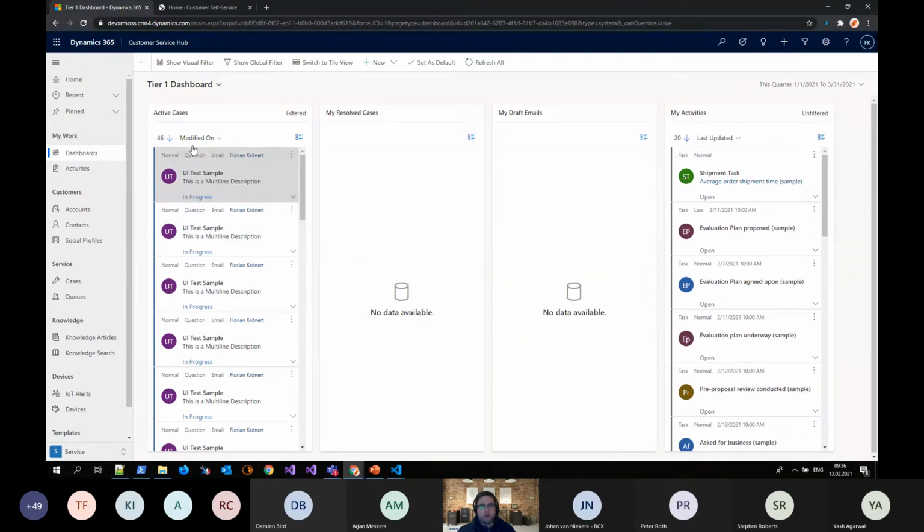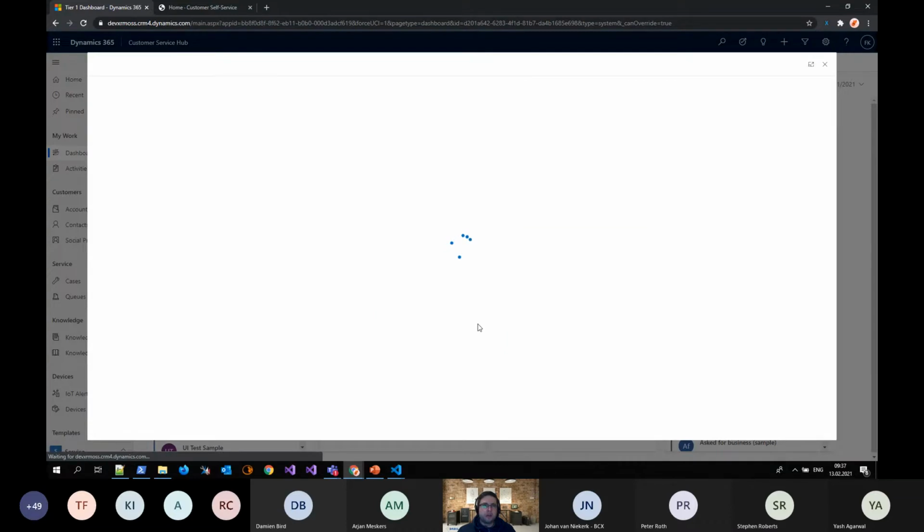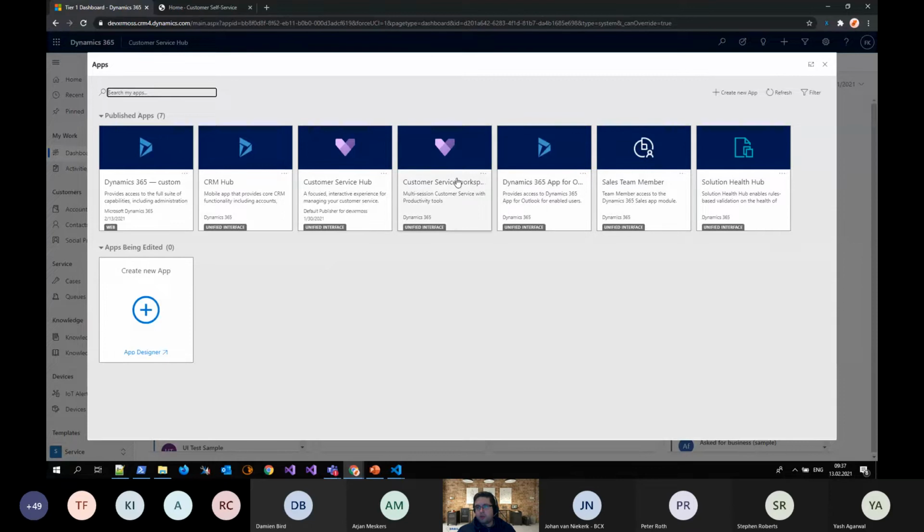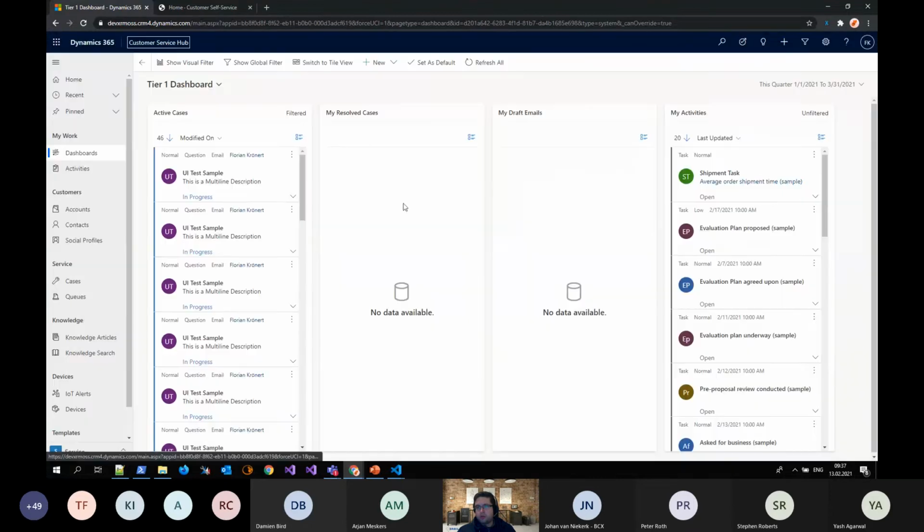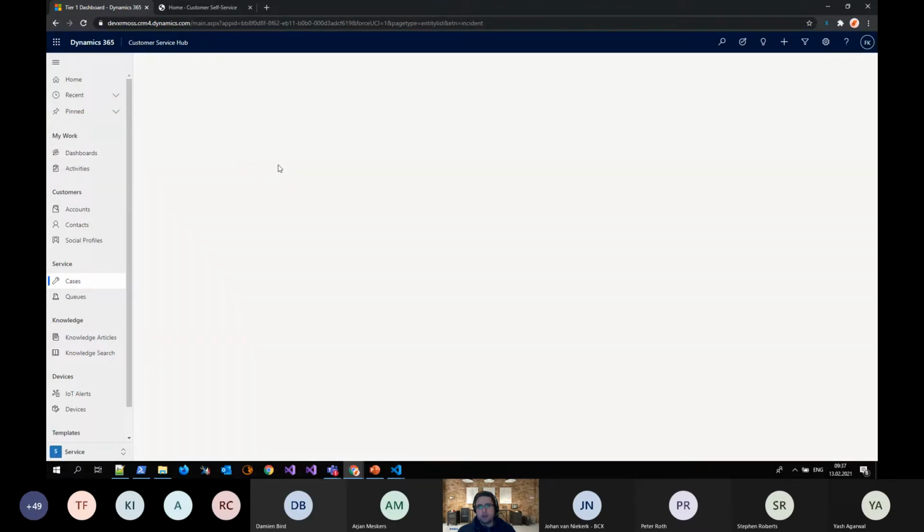And what I want to do with you is to define just a simple UI test in here using the designer. So of course, you have to take care which app you choose. And for our test, what we will use is the Customer Service Hub default app, which I already opened. But of course, you know the navigation here. Okay, so for our demo, I want to create a case. So we go to the case entity list